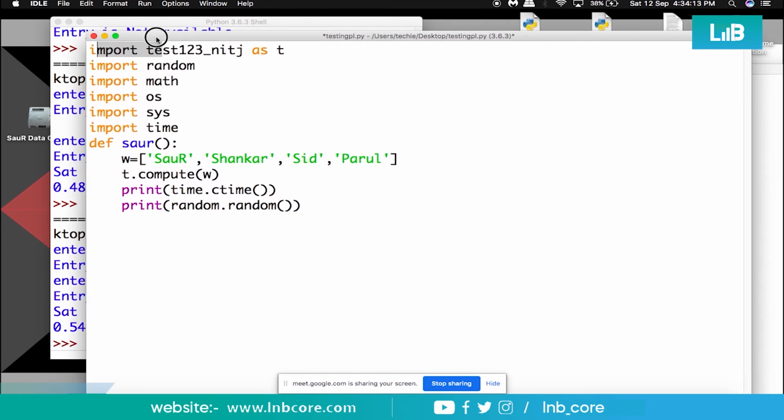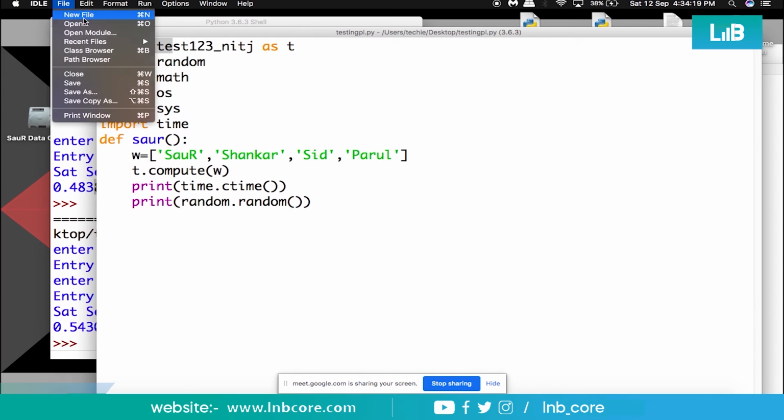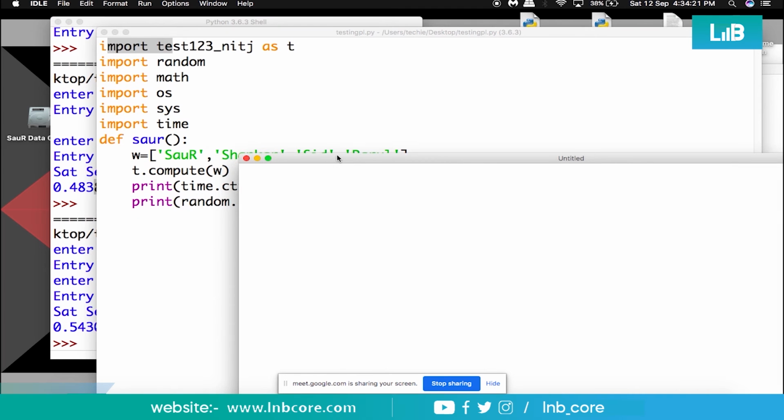So what you can do is save this file, and I have saved this file somewhere on the desktop itself. I'll be creating a new file, and I'll import only one file, and that will be testing predefined library, that's it, as TPL, right?